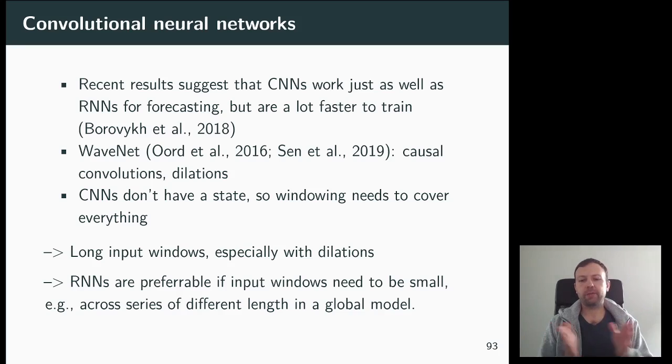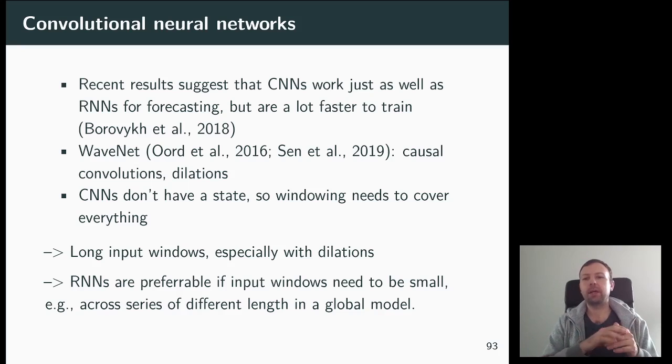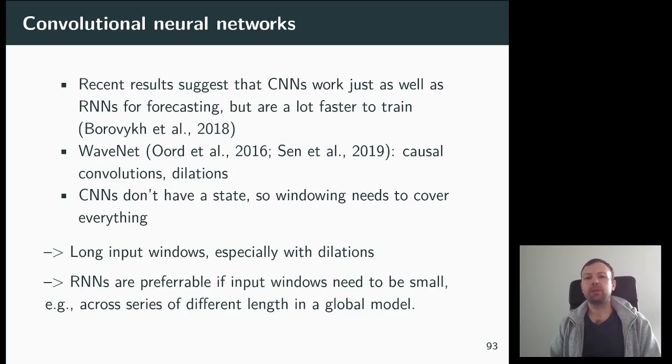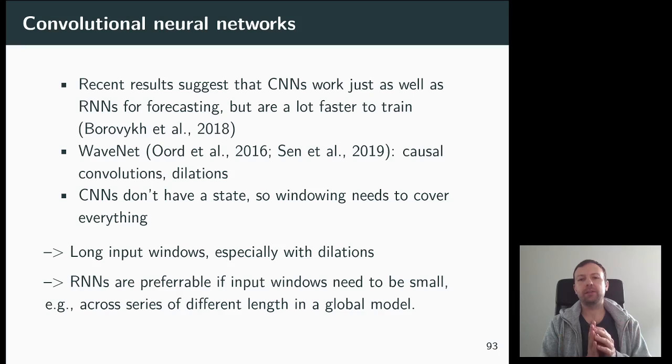So if you are in a situation where, let's say, you have some very long series, like some products that you sold for the last 5 years, and now you have a product that you just started selling 2 months ago. So then maybe you have time series with hundreds of data points and some time series with only 5 data points. In this situation, actually, an RNN can be preferable, because on the one hand, you have the input window, but on the other hand, the state also encodes the memory. So you don't need to find an input window size that works well globally across all the series.